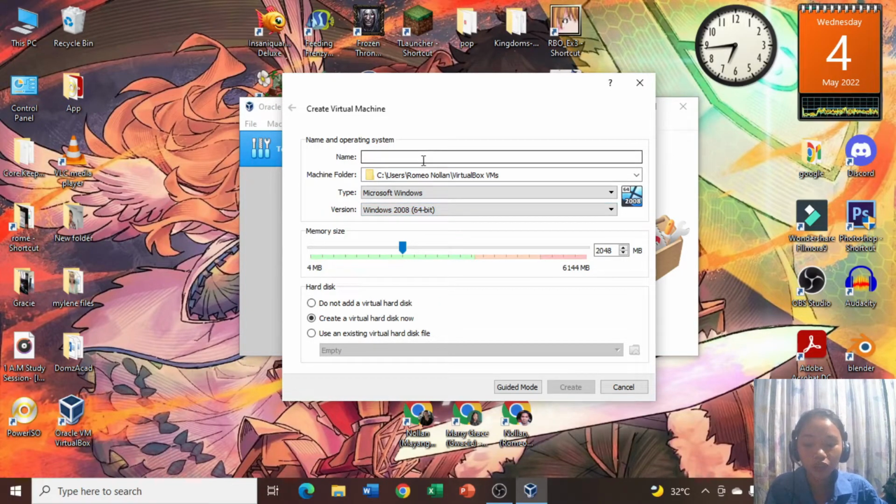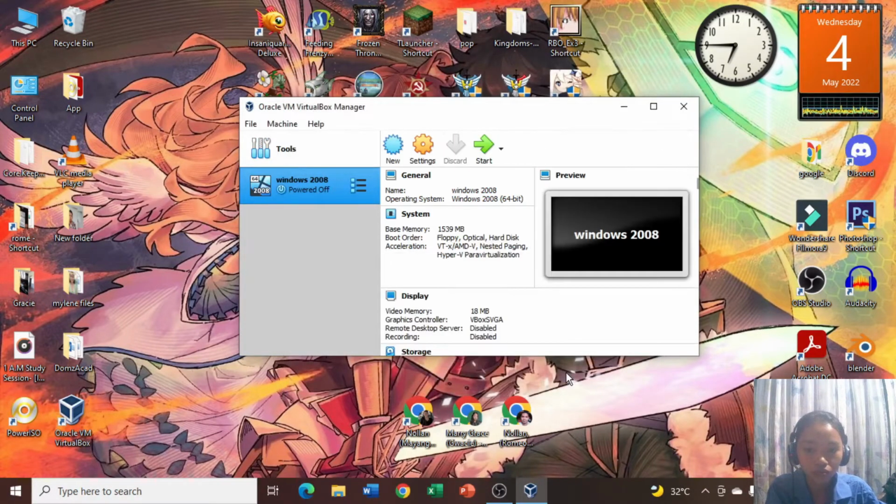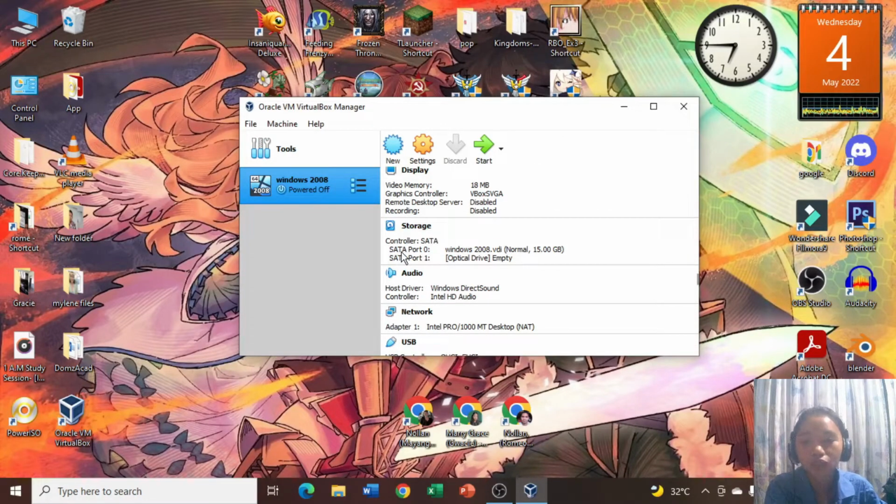enabling the SVM for virtualization to enable the 64-bit 2008 option. So here, let's put the name of the Windows environment. Then let's set the memory size. Okay. Then here we're going to create a 15-gigabyte hard disk, just in case, and then click create. From here, let's check the settings